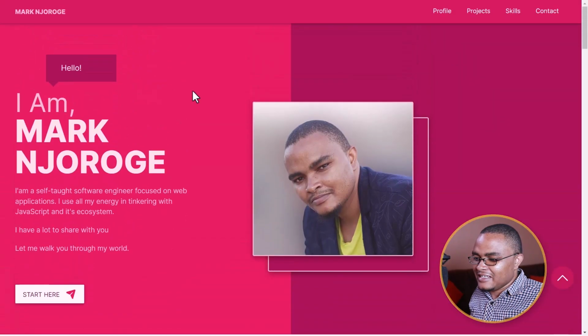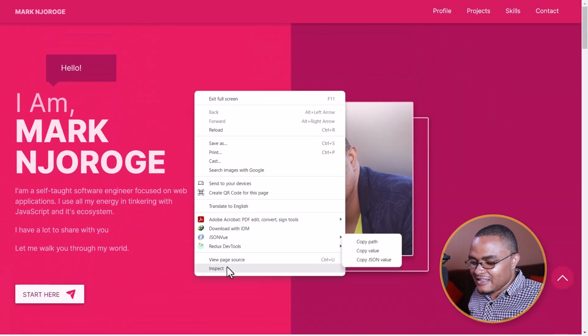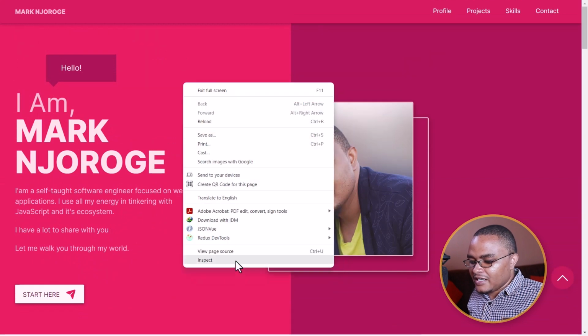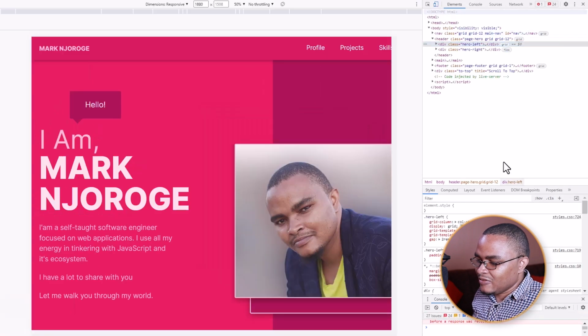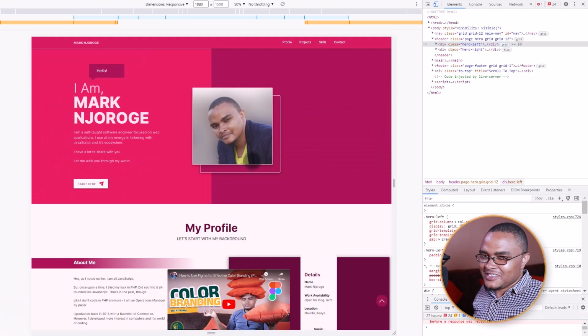I will show you how to do images on a page such that if you want to put a logo instead of your name, you do it there. So let's look at another aspect of this design, because this design is awesome. It has other features other than what we have. So I will inspect it, and then let's see what happens when it comes to responsiveness